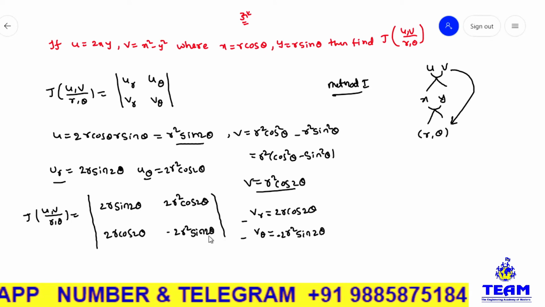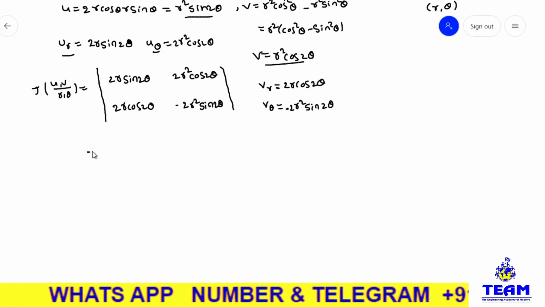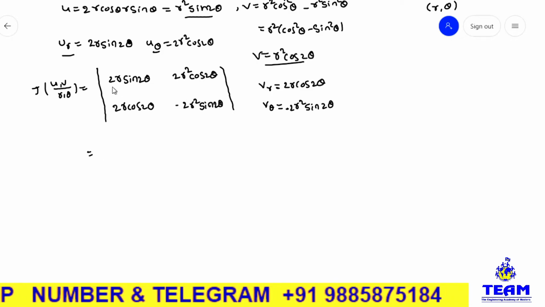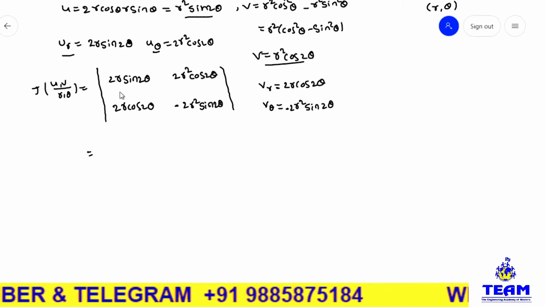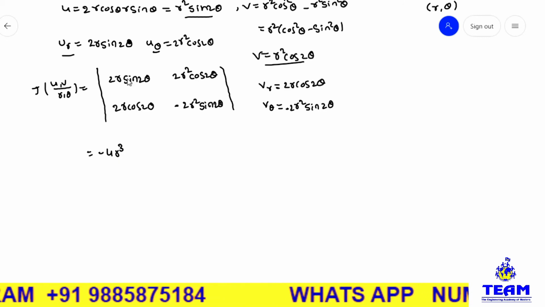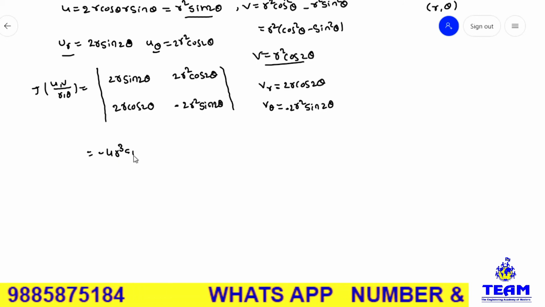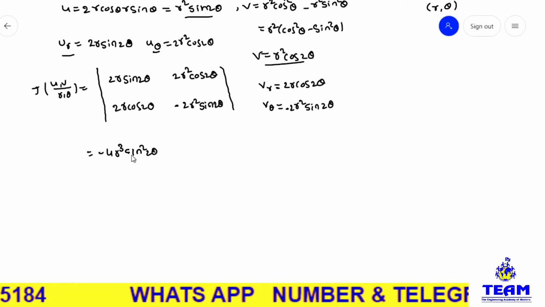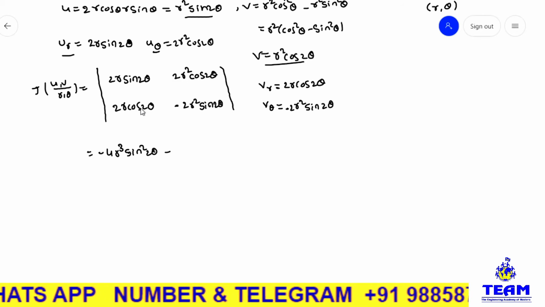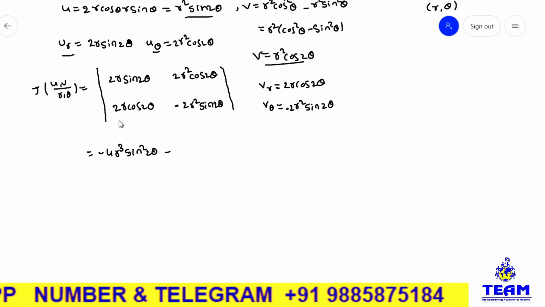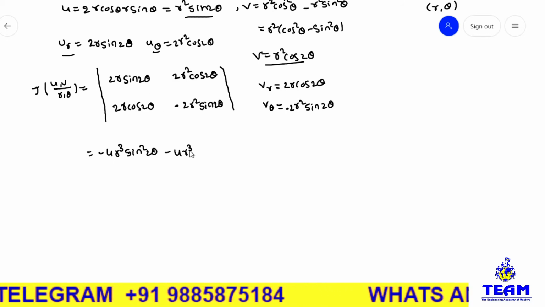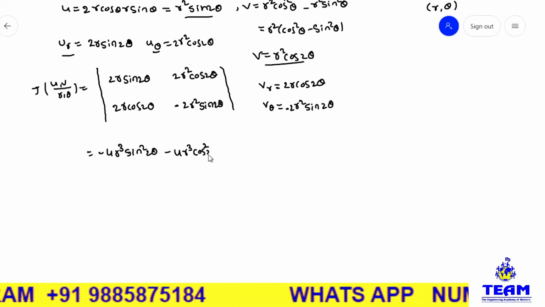Now we need to find the determinant, and we know that the determinant of ABCD is AD minus BC. So 2r into, here you have minus 2r. Minus 2 into 2 means minus 4. r into r square is r cube. Sin 2 theta into sin 2 theta means sin square 2 theta. Is it or not? Yes. Next, plus, here I have to write minus this one into this one. BC means 2 into 2, 2 into 2 means 4. r into r square, so r cube. Cos 2 theta into cos 2 theta means cos square 2 theta.